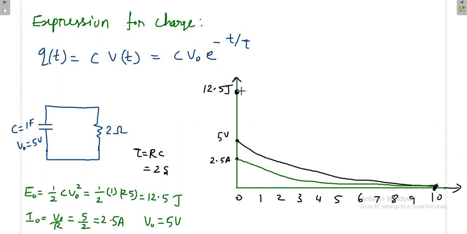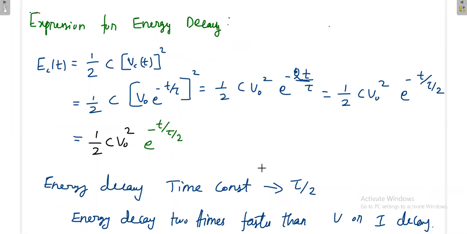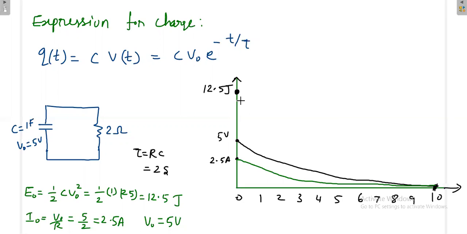Then what happens to your energy in the capacitor? The energy in the capacitor will decay very fast, because for the energy, the time constant is not 2. For energy, the time constant is 1, because for energy, the time constant is tau by 2. That means this will decay to 0. For example, at this time itself. Again, for all the graphs I am trying to put in the same one. So your energy will become like 0. So the energy decays faster than the voltage.